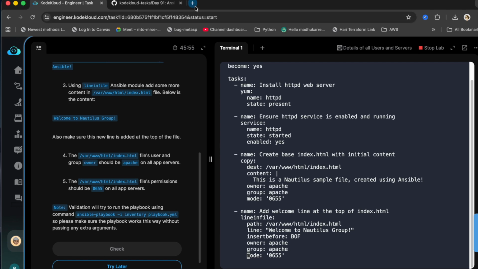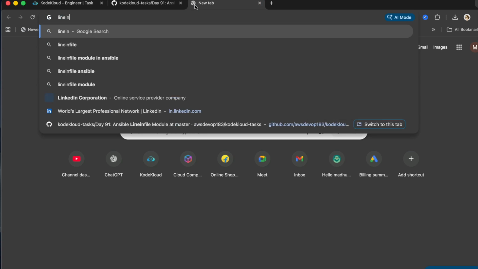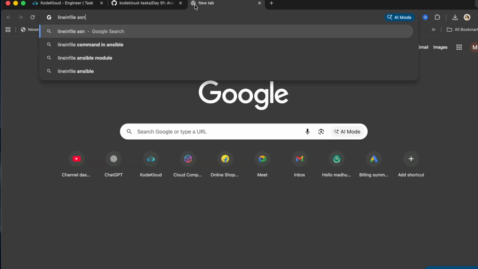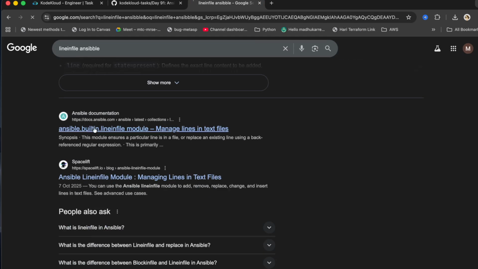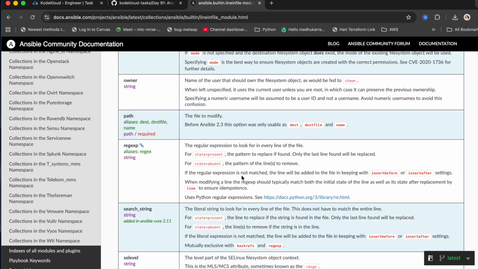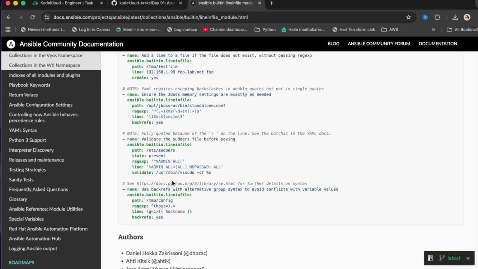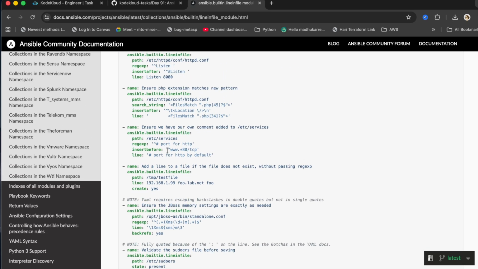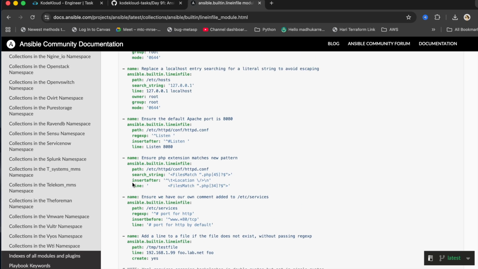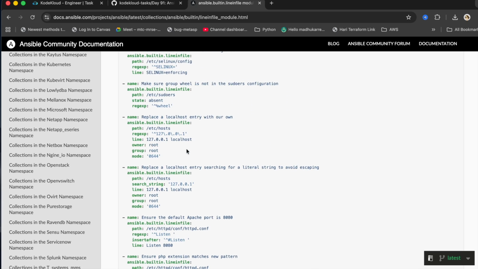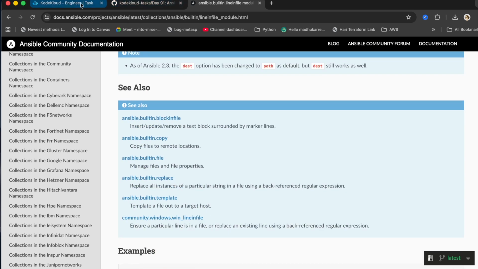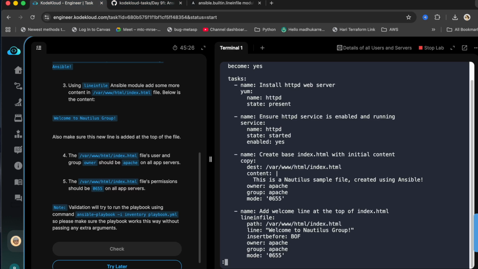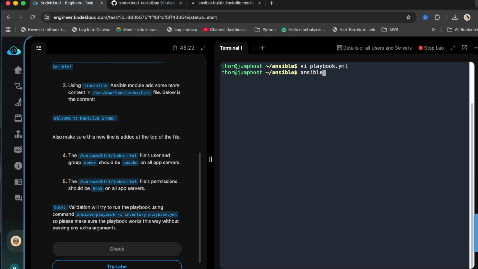If you have a doubt, we can search for Lineinfile Ansible. So you can go to the documentation page, scroll down, and check the options: insert before, insert after. So you can have many options. This gives flexibility if you compare it with block and file. So if you run this task, ansible-playbook,